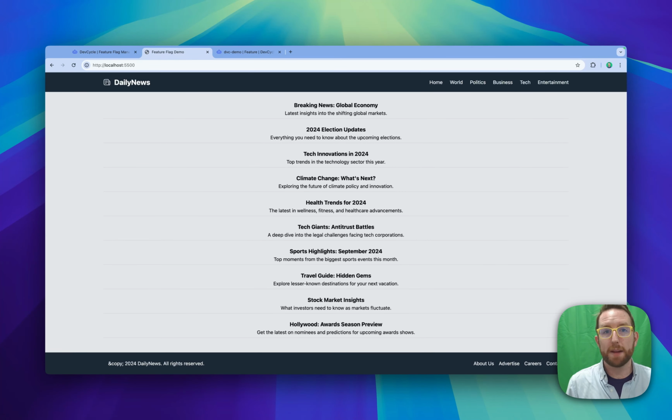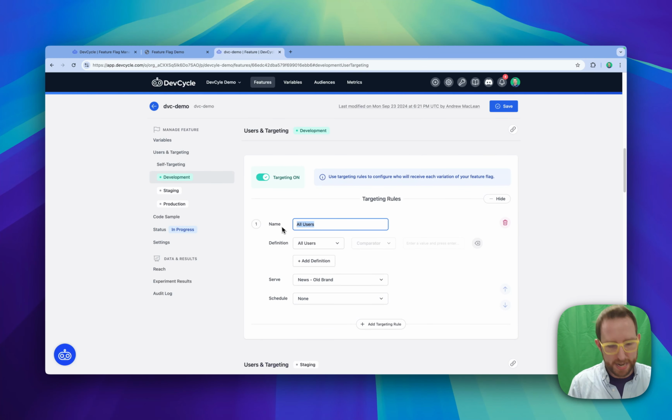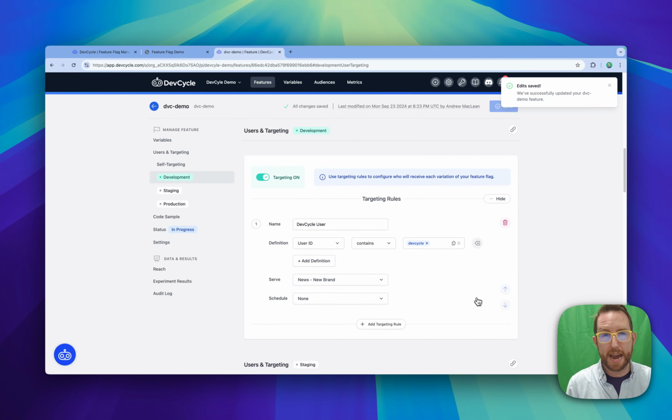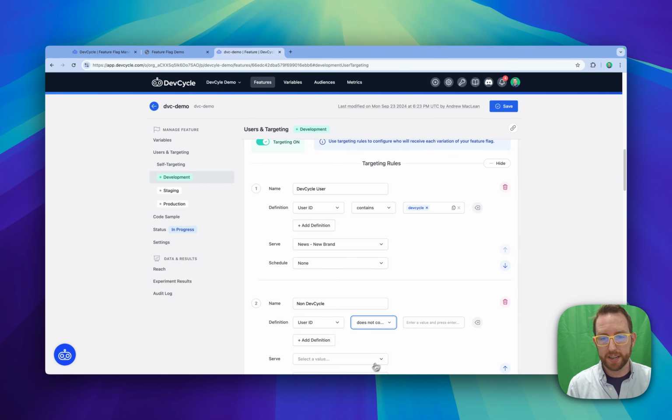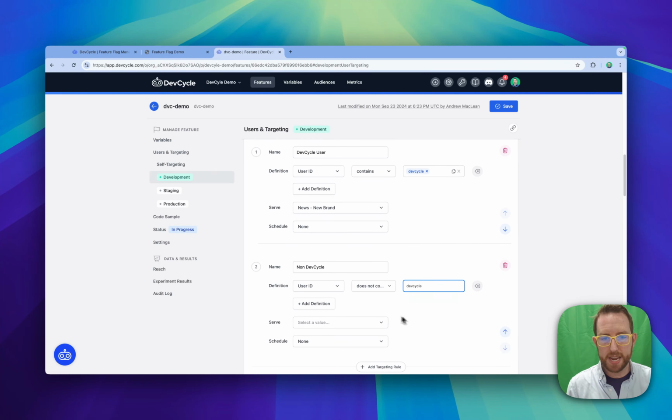So to do that, we can head back over to the DevCycle dashboard and create some new targeting rules. So let's head down here and define DevCycle users. We're going to change our definition to user ID contains DevCycle. We're going to set only DevCycle people to see our new brand, and we're going to click save. Now, this will work fine and will default for anybody that's not hit with these targeting rules to whatever variation we've set in code. But if we wanted to define that in our dashboard, we're going to create a new rule for everyone who's non-DevCycle, create a definition of user ID does not contain DevCycle, and we're going to